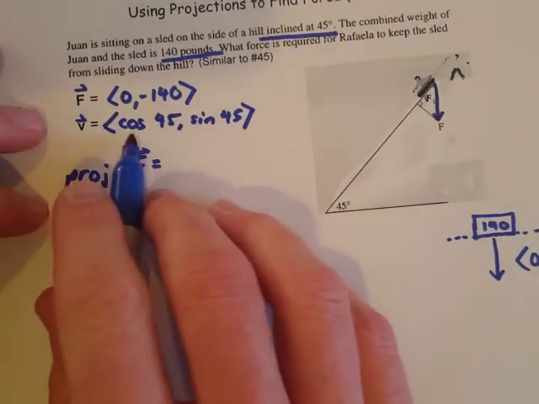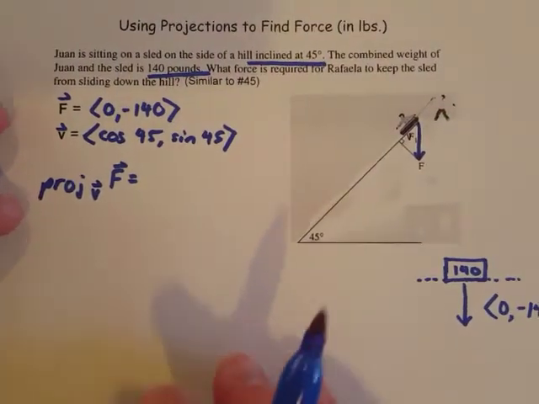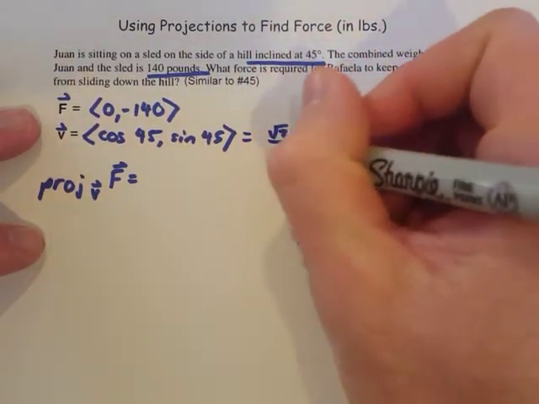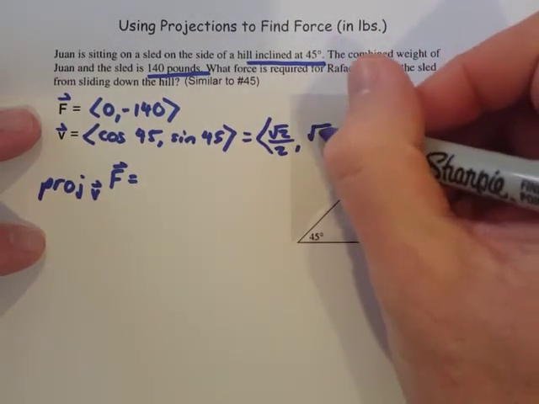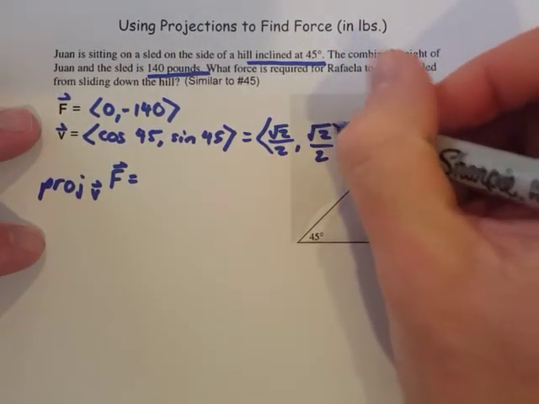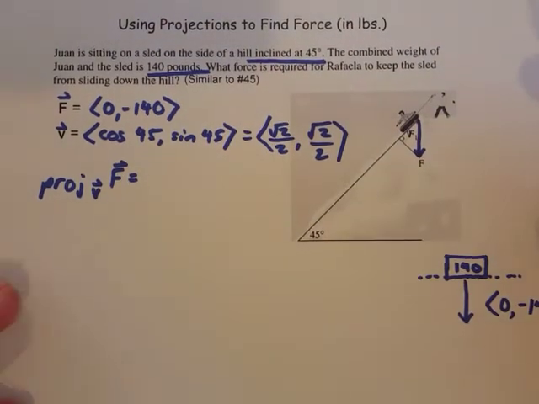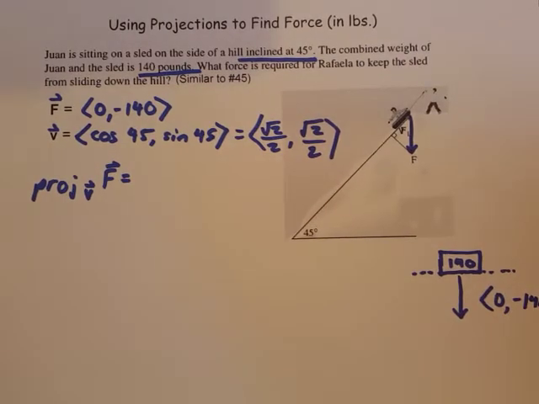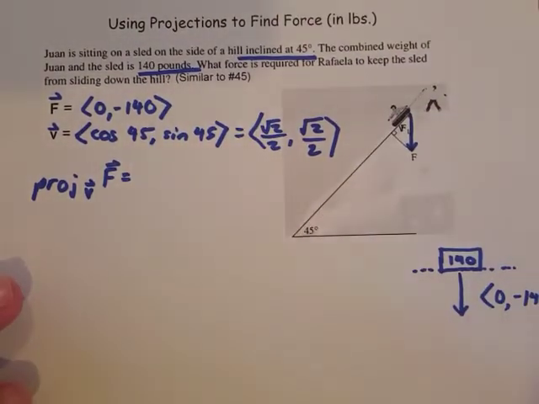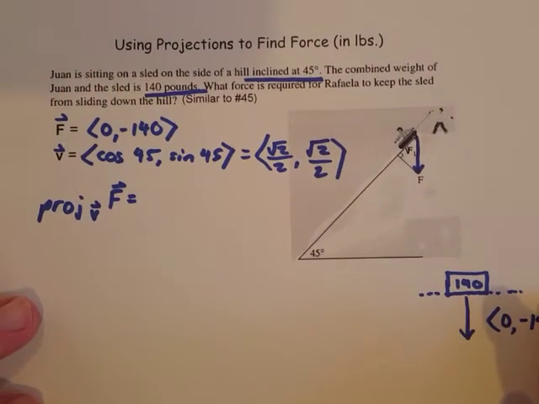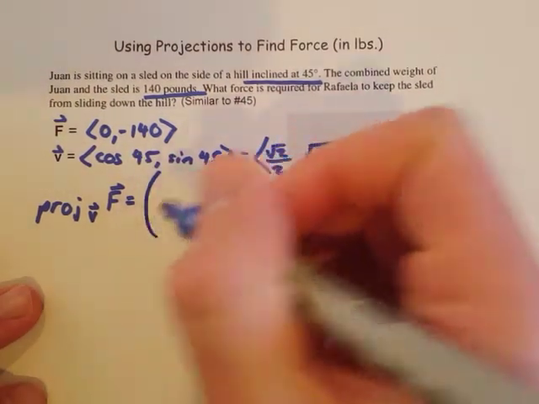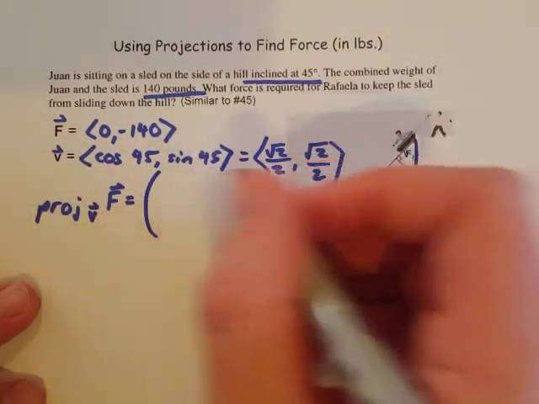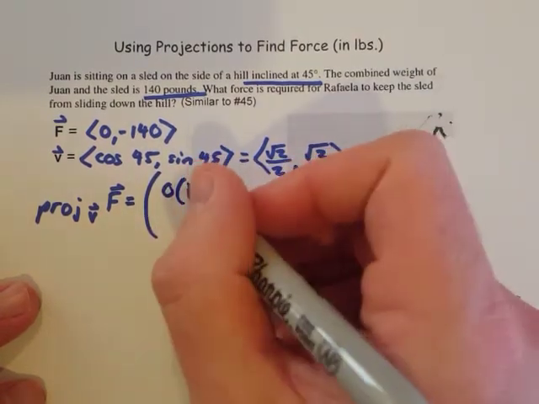Now, if you'll remember from what we know about right triangles, cosine and sine of 45 are both square root of 2 over 2. So we know our vector that we're projecting onto. We just have to have something as a basis for where we're going with this force vector. Now that we have those two vectors, we're going to plug them into the formula. Just like in the last one, we start on the top with the dot product between those two. So the dot product is 0 times square root of 2 over 2